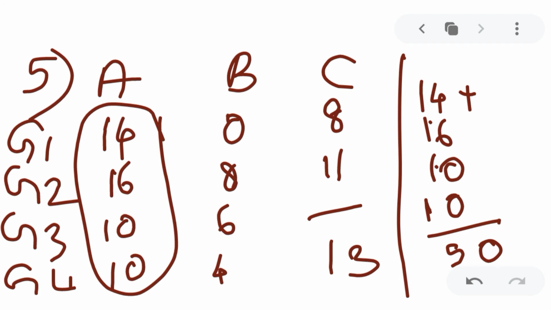The next one, find the mean number of points per game for C. Would you divide the total points by 3 or by 4? Why? Since we find the mean to determine the number of points scored per game, and C didn't play in one game, we want to divide by 3. Since only 3 scores are there, we divide the total by 3. 8 plus 11 plus 13 divided by 3.